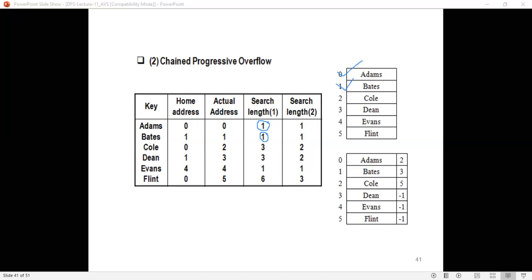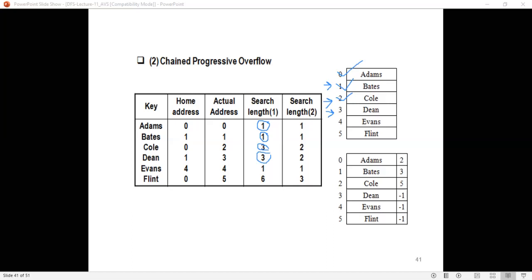If you want to search for Cole, you have to access Adams first, 1. Next Bates, 2. Next Cole, that is 3. By using 3 accesses, you can get Cole. Same for Dean. What is the home address? 1. You search at address 1 first. Next, address 2. Next, address 3. So the search length is 3 for Dean.